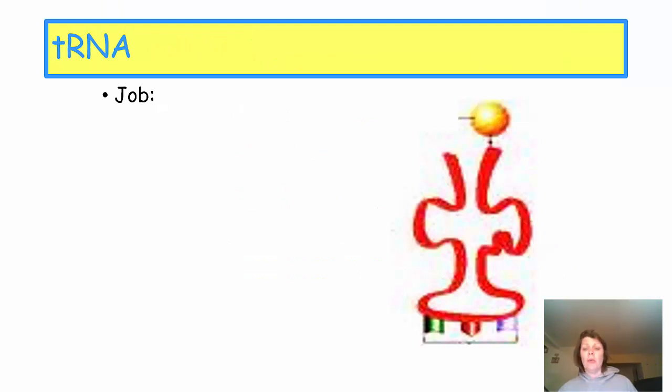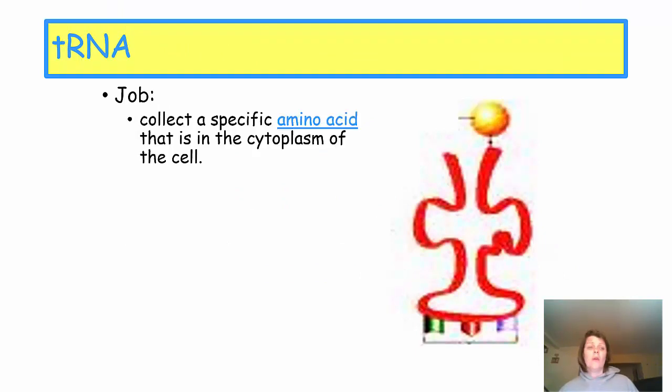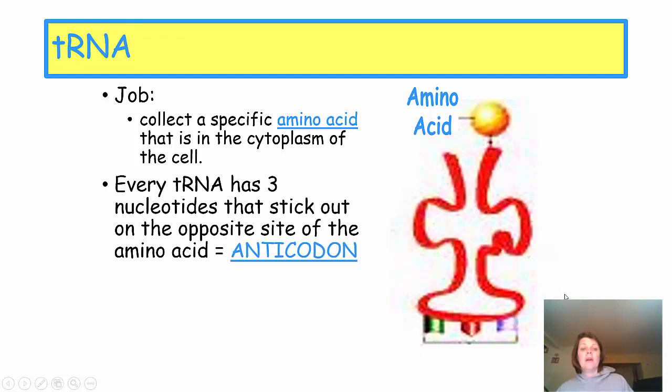Talking about tRNA in more detail, since it has the job of collecting the amino acids that are floating around in the cytoplasm, it has to know which one it's supposed to pick up. The amino acids are going to be seen here as the little circular blob. The tRNA is a single strand of RNA that is folded on itself to kind of look like a T. And then at the bottom, opposite the amino acid, there's a group of 3 nucleotides that is significant, which is